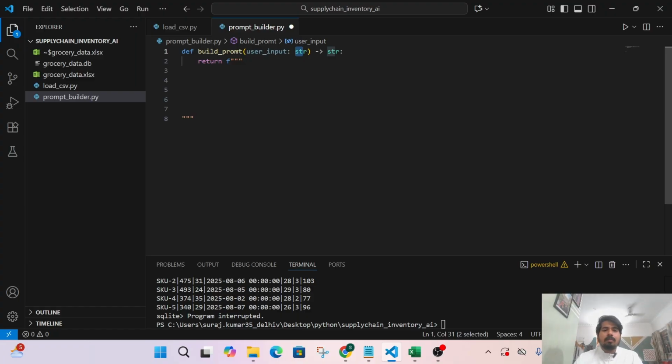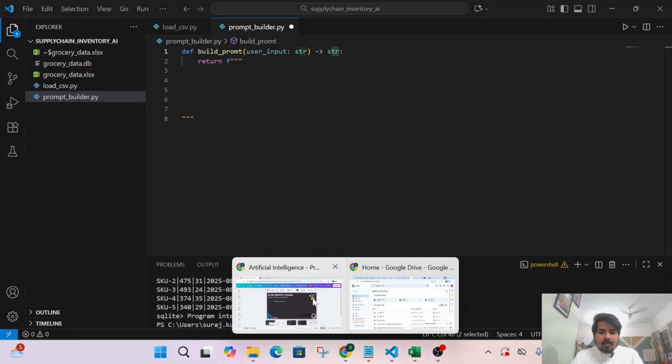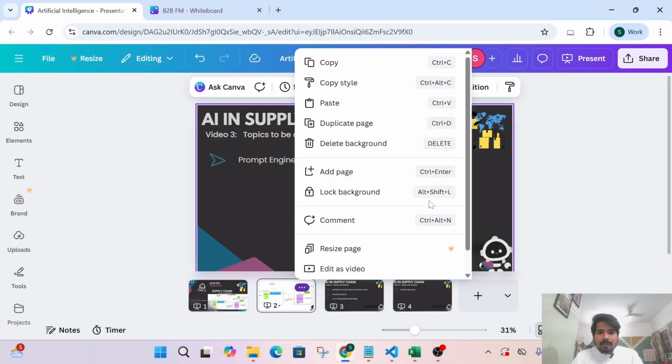Now strings could be anything, say my project name is AI, so this is a string. My is a string, in the sense it's a collection of letters. And the output of this function will also always be a string. Now you understand this, that once we have an input as a string and we have an output as a string, now if you look into this particular thing,